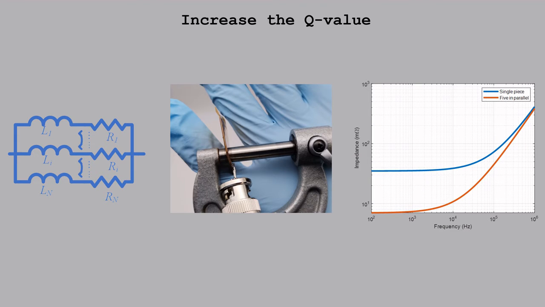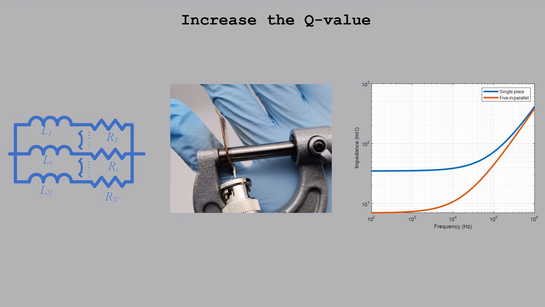How about if we want to further increase the Q value or the current capacity? We can simply solder several inductors so that they are in parallel. Figure 1 shows that when paralleling inductors together, the equivalent series inductance remains the same because of the mutual inductance. However, the equivalent series resistance decreases fast. Figure 2 shows that even with 5 inductors paralleled, the thickness is still very small. Figure 3 uses simulations to verify that the inductance remains the same and ESR decreases by 5 times when 5